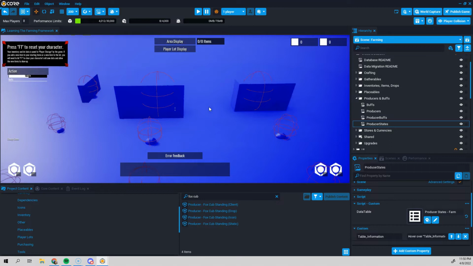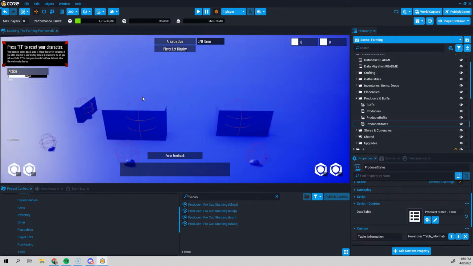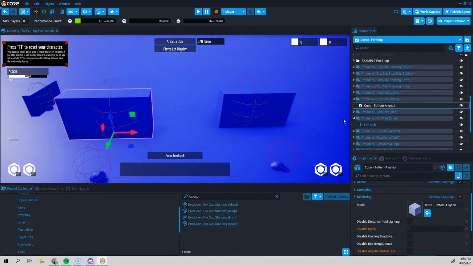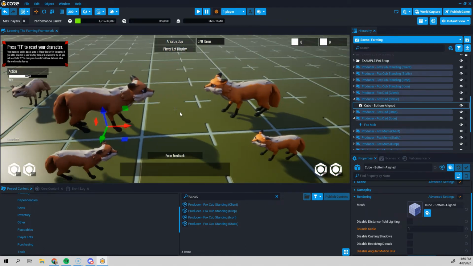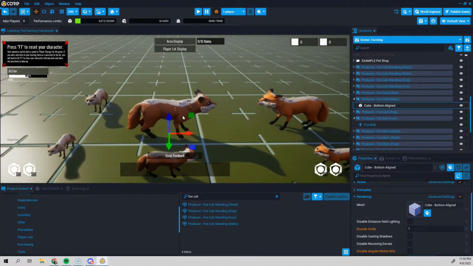But if we turn on player collision, you'll see that the three back ones have now turned into just boxes. And if you look here, that's a cube that's inside the static thing. But I have the visibility forced off. So in the default view, you can't see it. But if you walk into the fox or click the fox, you're going to be interacting with that cube,